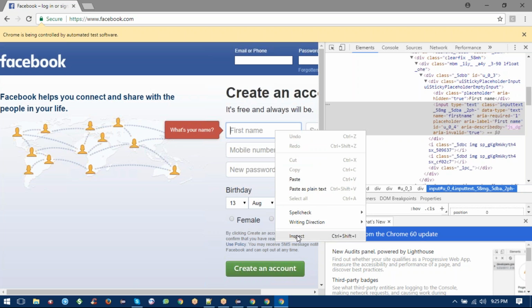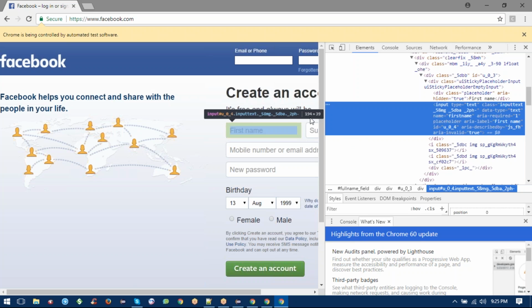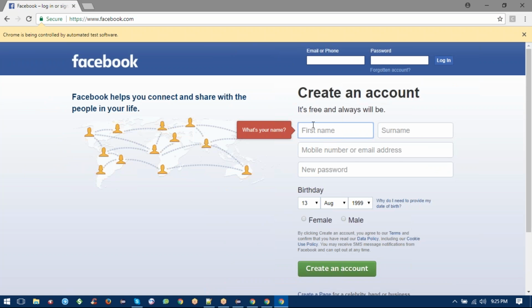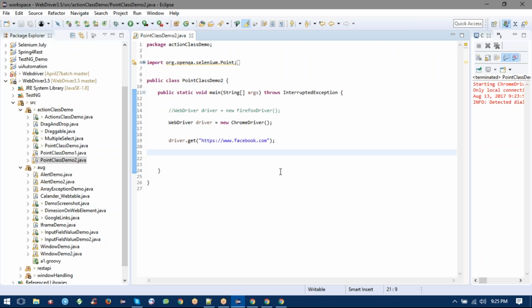In yesterday's class we have seen the dimension, like it is 194 into 39. So I am okay with dimension, but what is the position of this web element? How will you find the position of any particular web element, like on which x coordinate and y coordinate it is lying? So we are going to see the example of that. I've just copied the XPath over here, and I will find the web element of that XPath. Fine. So like driver